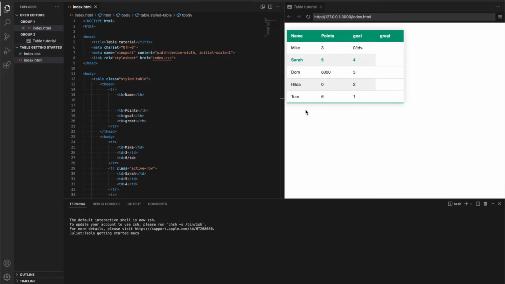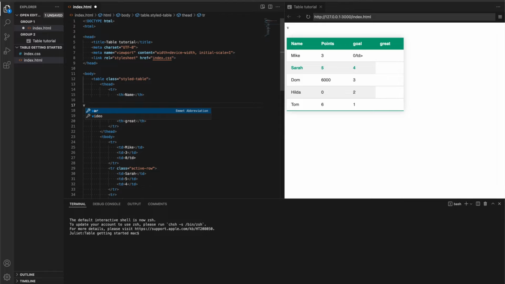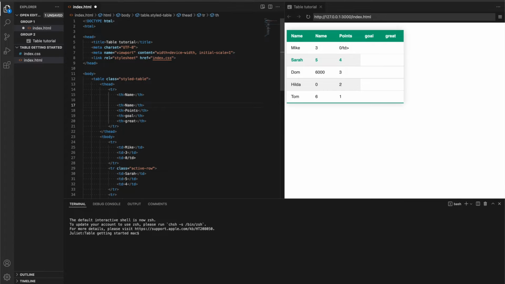The good thing about viewing live with the live server is that when you make changes, you will be seeing your changes as you go. For instance, if I make a change, and when you see this white dot, what it means is that you've not saved your work. Sometimes you may need to save your work for you to view your changes. So to save my work,